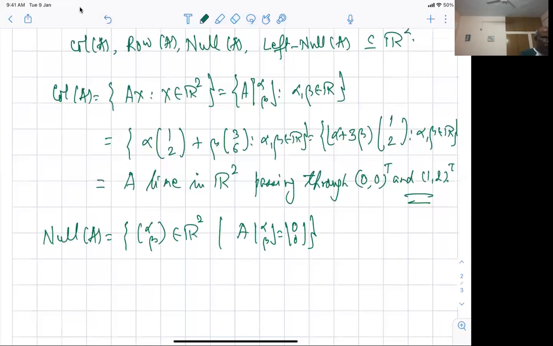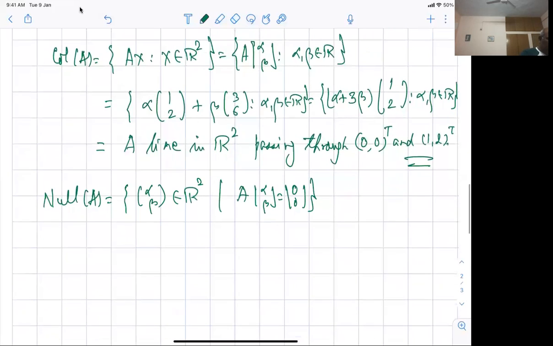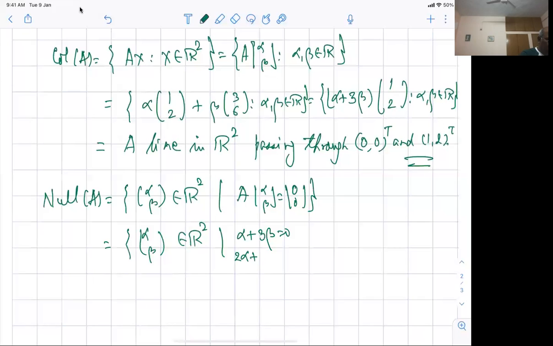That's the definition of null space of A. This is the same as (alpha, beta) belonging to R2 such that A times (alpha, beta)... So I'm looking at alpha plus 3 beta is 0 and 2 alpha plus 6 beta is 0, which is the same as (alpha, beta) belonging to R2, such